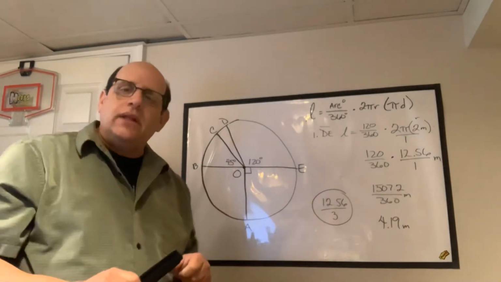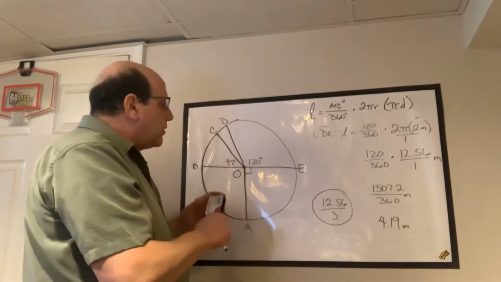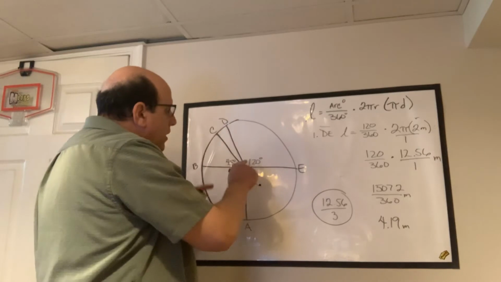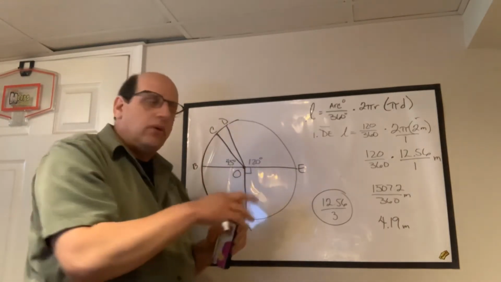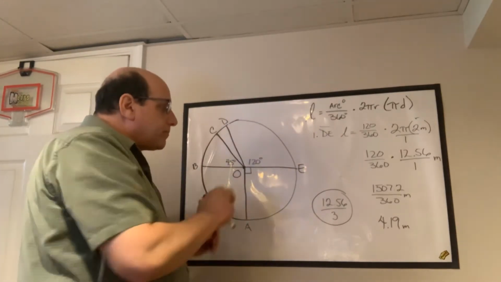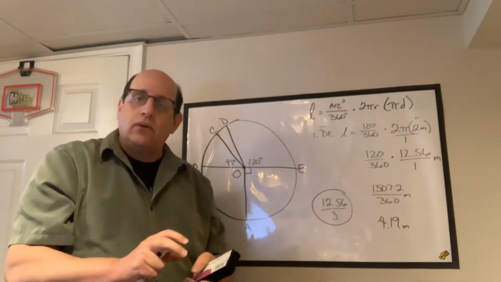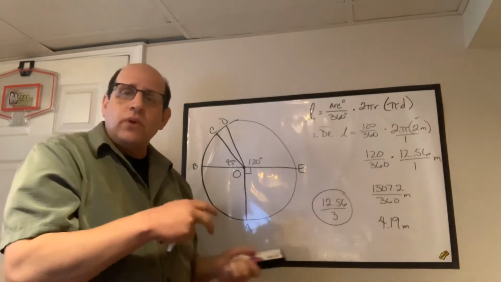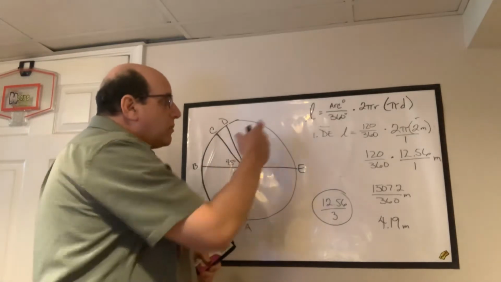And so we need to relate that angle to 360 degrees, because all the way around is 360 degrees. And if this cuts an arc, because we're going to talk about DE, it cuts an arc of 120 degrees, which is a third of the way around the circle, or we'll talk about it in those terms. So not only can we define an arc by its central angle, but if we know the measure of the radius or the diameter, we can then find out its actual distance around the circle by using this